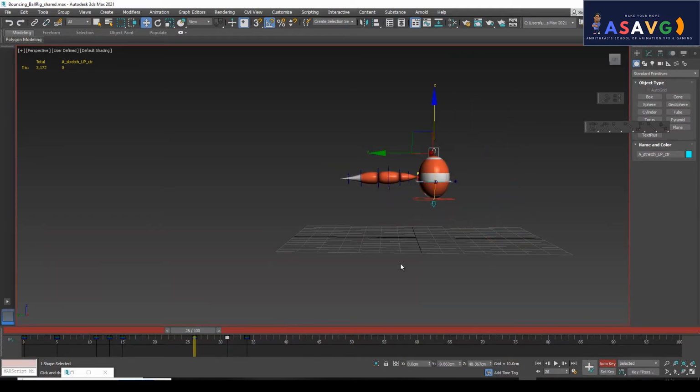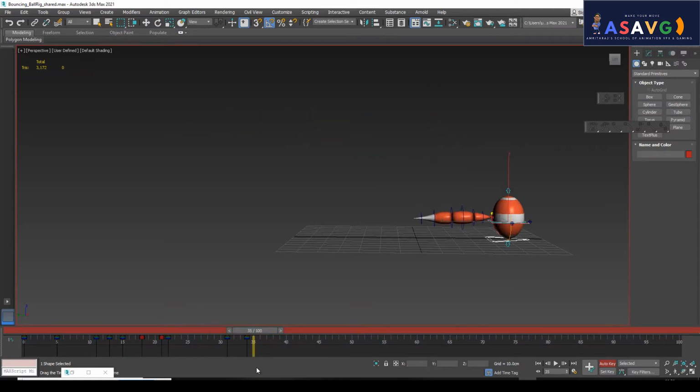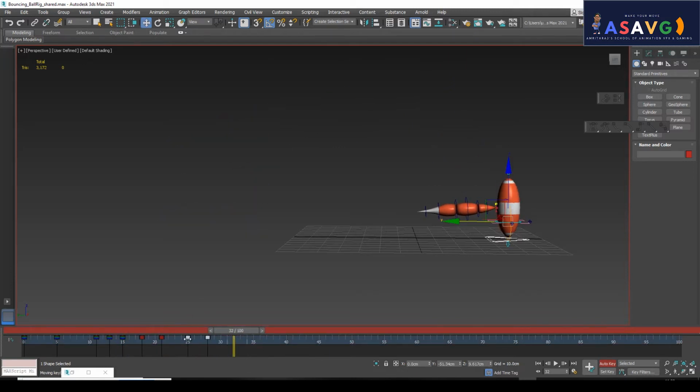Okay, this area I have some problems, so I will click here and try to delete this one. So in this area I should be moving the character. In this area also I am missing something, so I will delete this key. Selecting this one, the spacing is the main problem, so I will be translating the spacing somewhat here. Then I will be making the whole thing in this area.